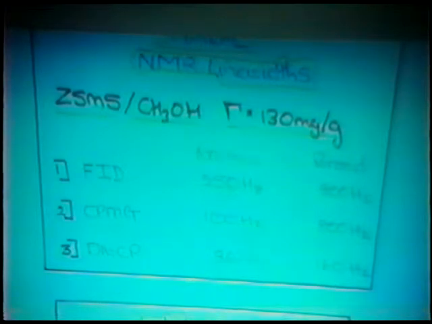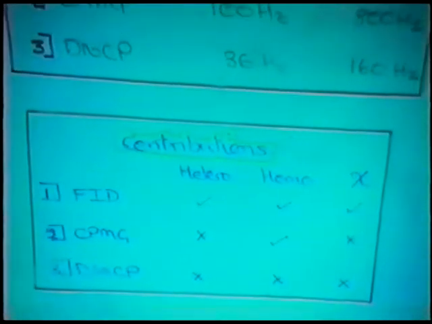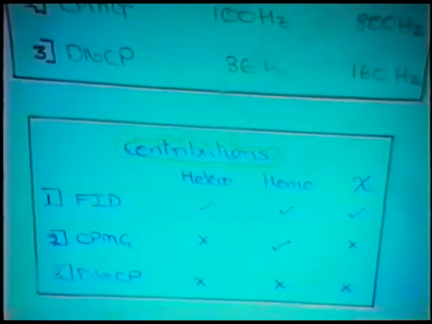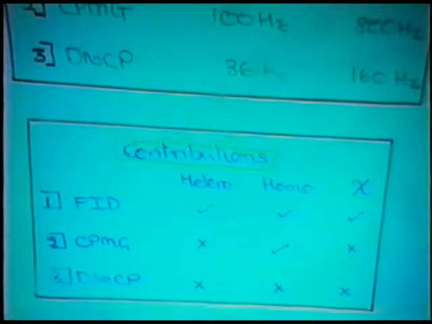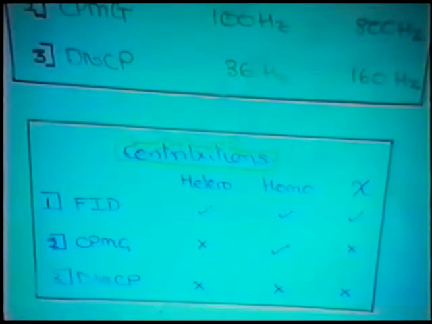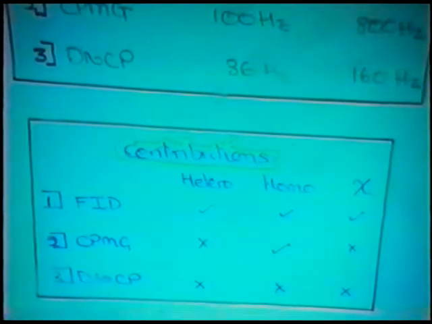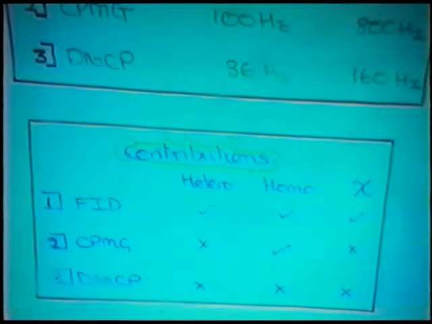If you put any material into an NMR machine and use this sequence, you get a thin, narrow line. The advantage of DNCP is it takes out, as you can see from my bottom slide, heteronuclear and homonuclear and chemical shift effects. And the residual spectrum just contains mobility information, at least in these systems. And so by comparing these different line widths and line shapes, you can say something about the environment of the gas molecules and also their mobility. So we did this first just to have a look at the system to see if we could understand